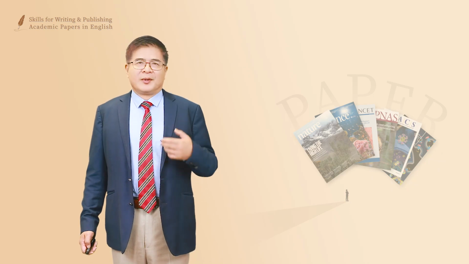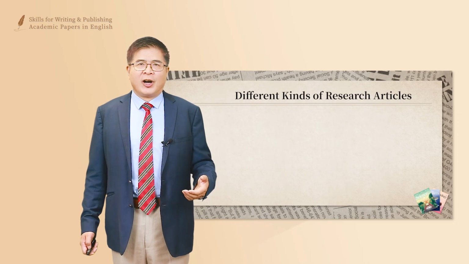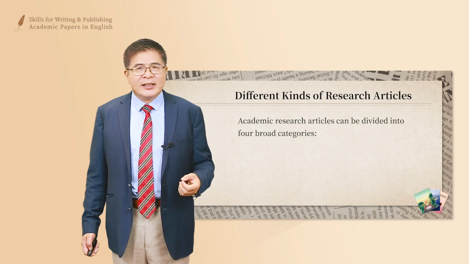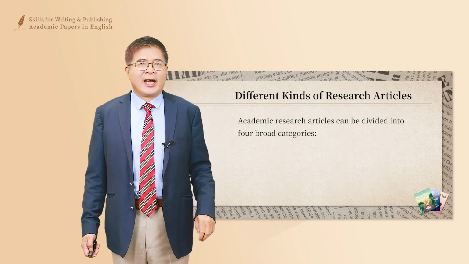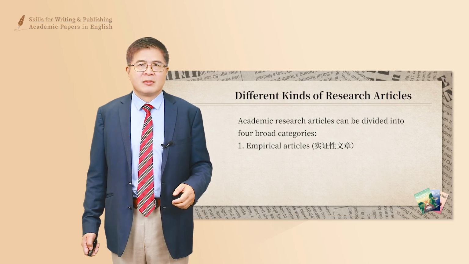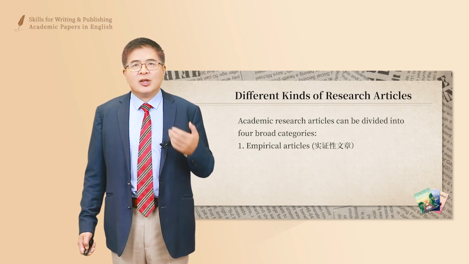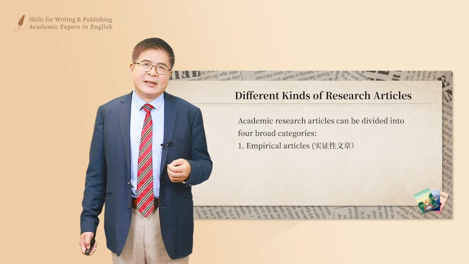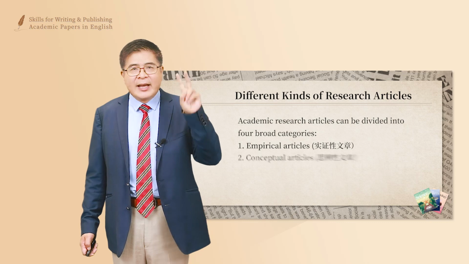Now, we look at all these journal articles. They can be broadly divided into 4 categories. The first, empirical articles, meaning the researchers conduct some type of studies and report the findings. Second,